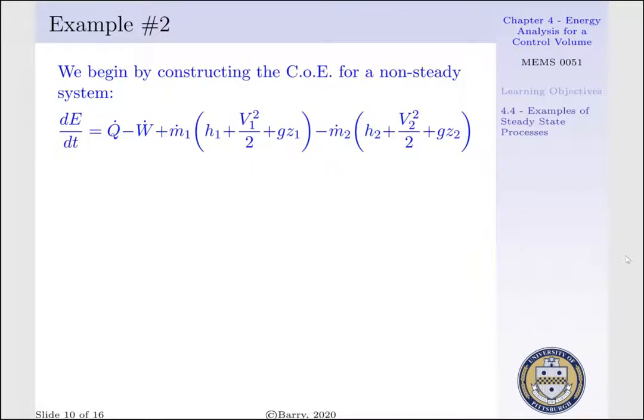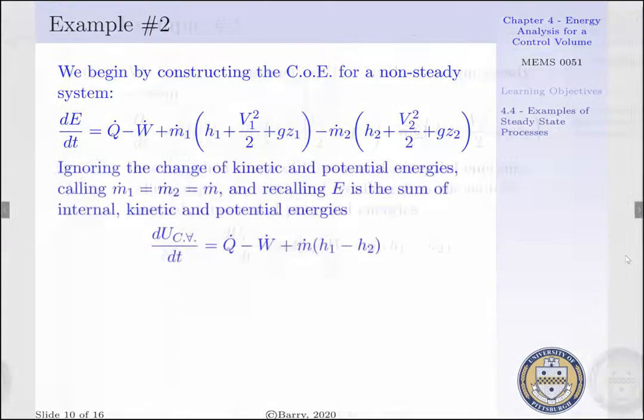To begin, our non-steady conservation of energy equation becomes dE/dt is equal to Q dot minus W dot plus M dot times the respective enthalpy, kinetic and potential energy, less M dot times our respective enthalpy, kinetic and potential energies. M.1 and M.2 are going to be one and the same. Now, if we ignore the change of our kinetic and potential energies and we just call M.1 and M.2 M